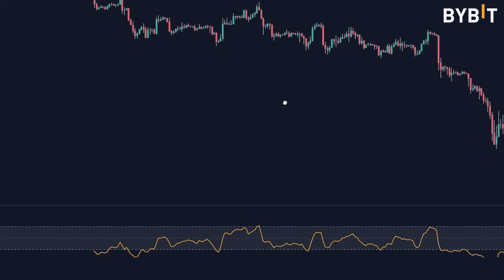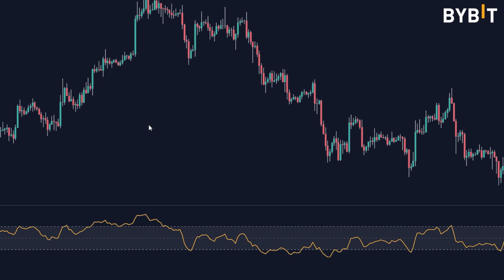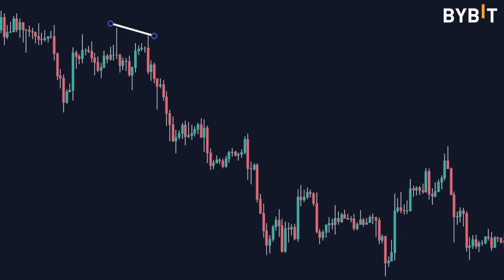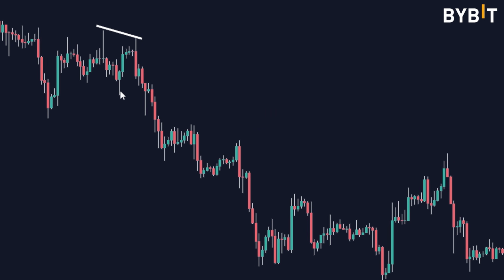Now, if we go back even farther here, here's a really good example. We've got a situation where prices are not reaching a new extreme, but we do have RSI just barely reaching a new extreme value. And so this indicates that there would be some weakness ahead. And again, this is where you could use horizontal levels of support and resistance like this. You could also come out and you could use a trend line connecting these two lows and then waiting for a break of it here.